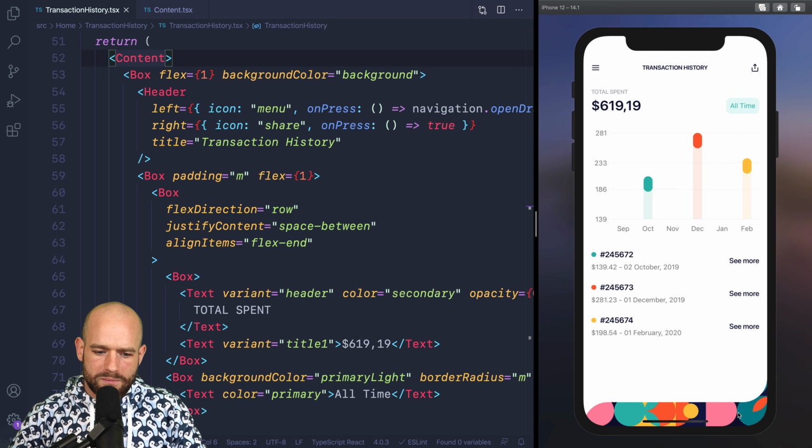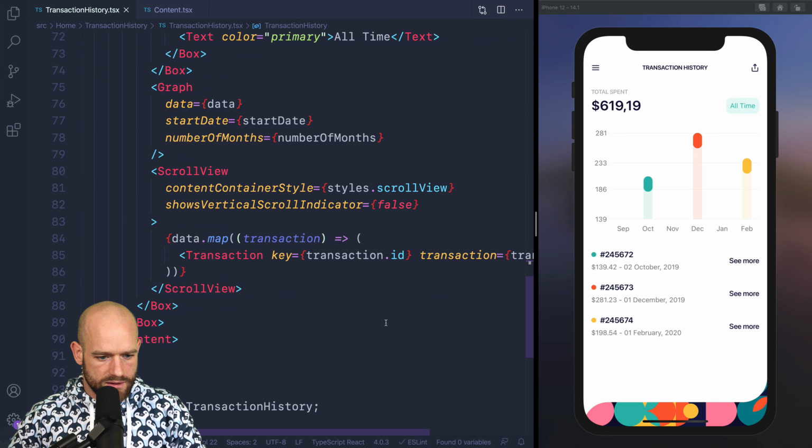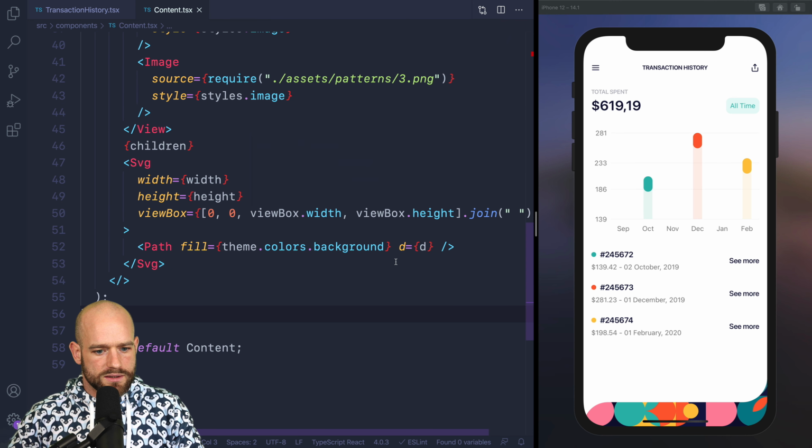I'm actually wondering if we could do it here. So I could define, so I could put the path here, use an image but from React Native Reanimated. Let me check. So here I have image from React Native SVG. So we can do